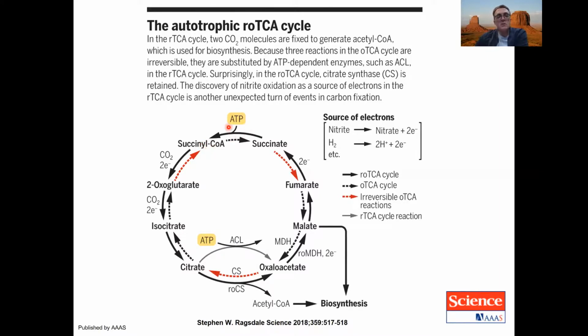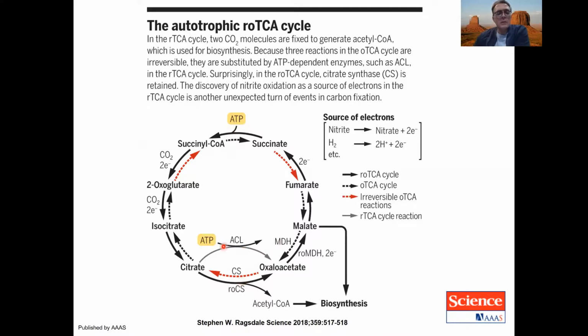In fact, this is the only step where you actually get some ATP out from this by converting succinyl-CoA to succinate. And you also have to reverse with ATP the citrate synthase reaction, if you want to, and that way you can make oxaloacetate.